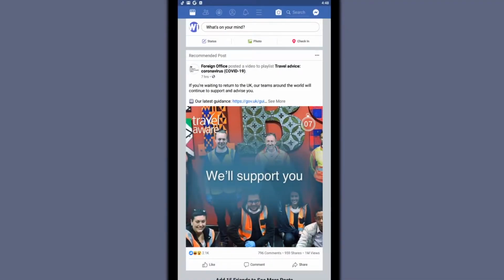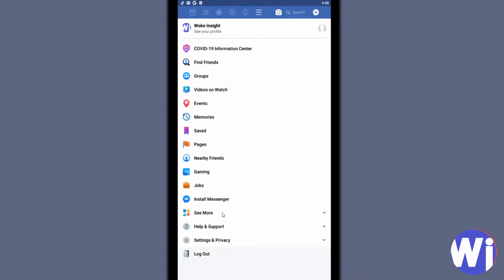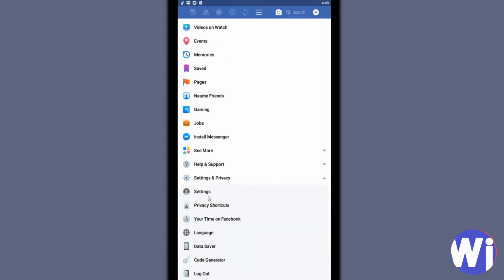How to deactivate your Facebook on your mobile or cell phone. Okay, so fire up your Facebook app, and on the top where you have the 3 lines, so just come down here, click on settings and privacy, and then on settings,